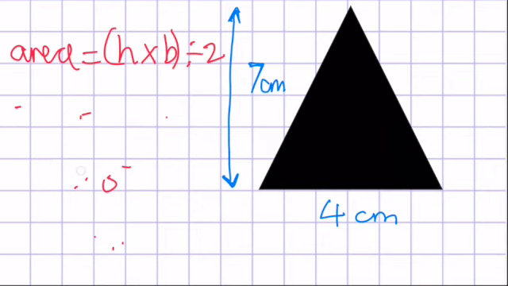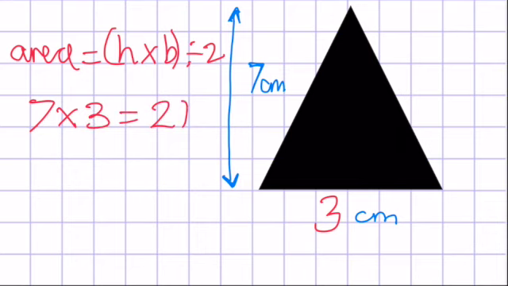that all of the answers were even numbers. Now, when you divide an even number by 2, there is no remainder. However, you will not always have triangle areas that are even numbers. So just imagine, I'm going to change this now. If you look at the base here of this triangle, the base is now 3. So if I do height, which is 7, times 3,